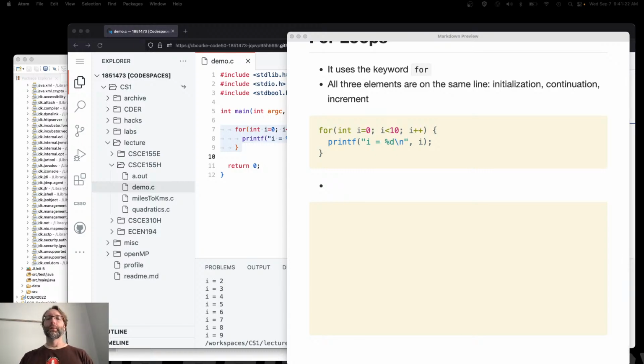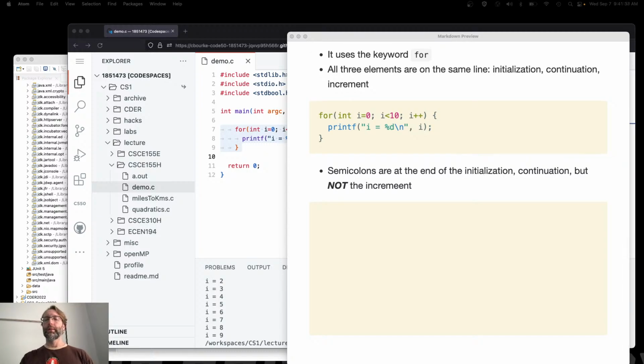Where are semicolons? Are at the end of the initialization, continuation, but not, in fact, I'll emphasize that, not the increment. Right? Why? It's an executable statement. It should have a semicolon at the end of it. Don't ask me, I didn't write the thing. Right? 50 years ago, we can go back in time and correct our mistake and say, that's inconsistent, you shouldn't do that. But they made a decision 40, 50 years ago to have syntax like this, and we're living with